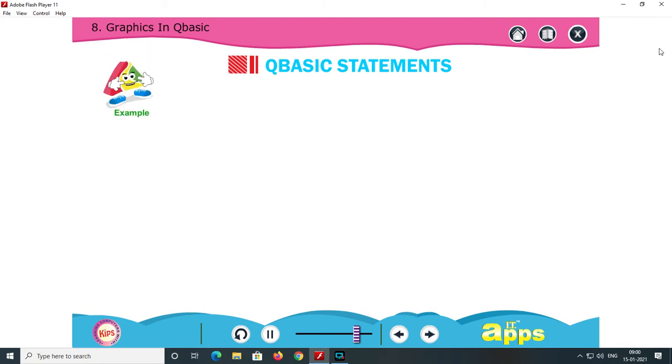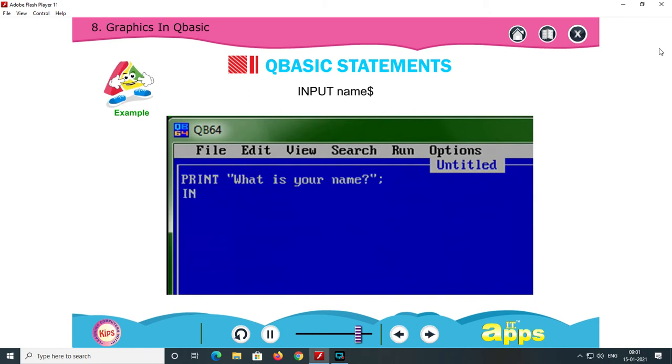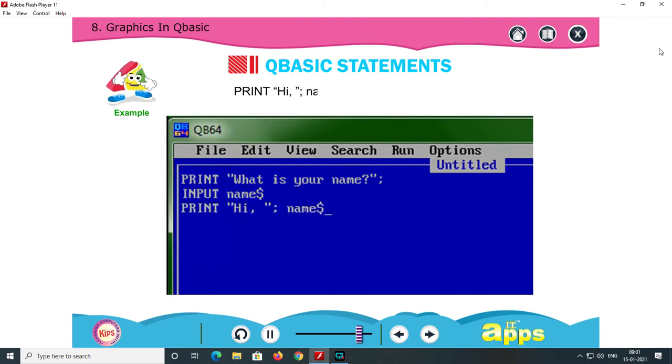Let us have one more example. Type the following program and press F5 to execute it. PRINT "What is your name?". INPUT NAME$. PRINT "Hi,"; NAME$; ", nice to see you!".